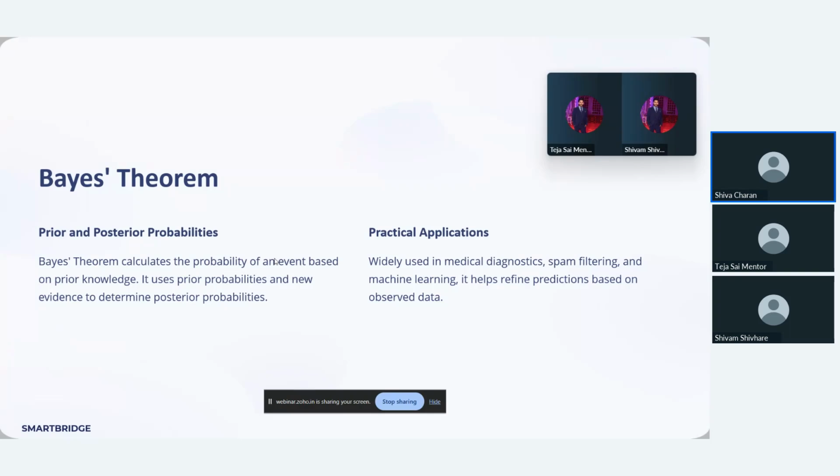So all the prior diagnostic reports, that means the previous observations. And spam filtering means all the mails which we previously considered as spam, and for machine learning, what kinds of problems can be solved by the algorithms, which have already been done or were already in process. So based on all the previous observations, we will be calculating the probability of that event happening.